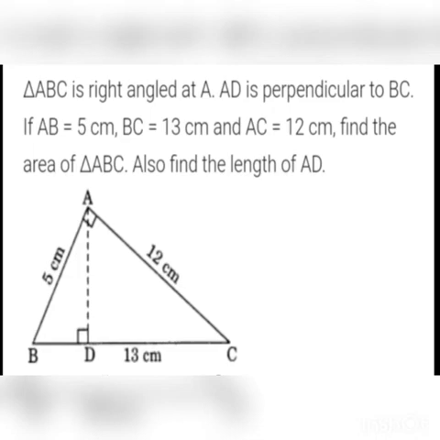Once you look at the figure and question, you can easily find out the solution. It is clearly given that triangle ABC is a right triangle. That means angle A is a right angle, isn't it? Angle A is a right angle, which means what happens to this side AC?